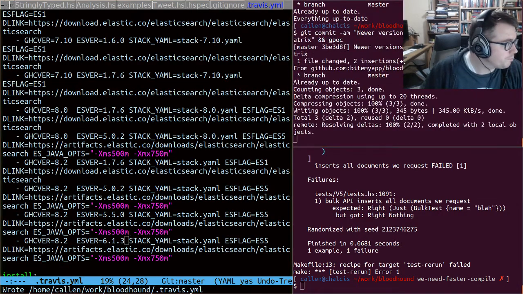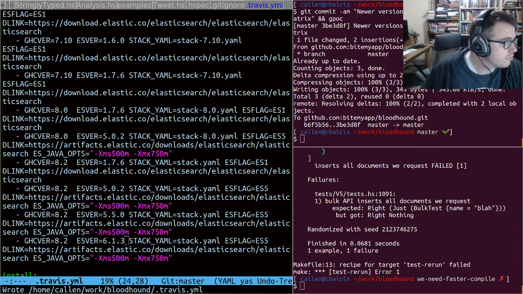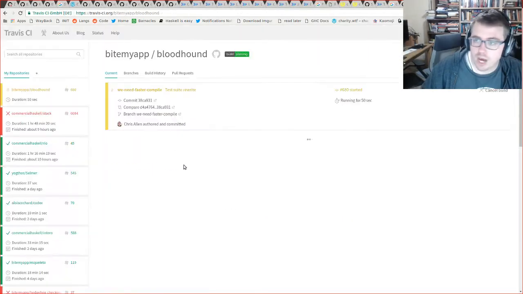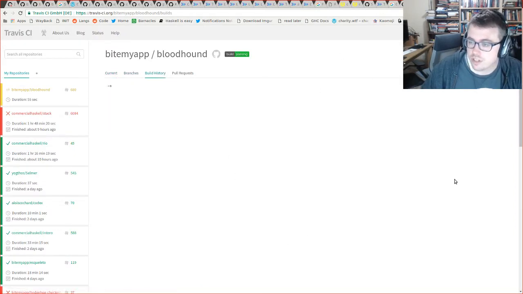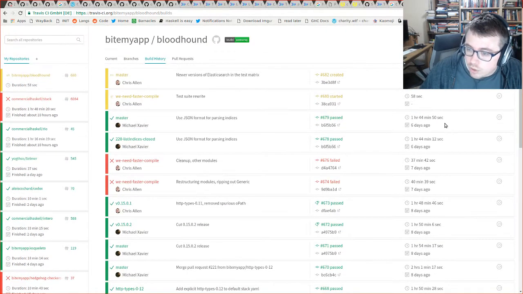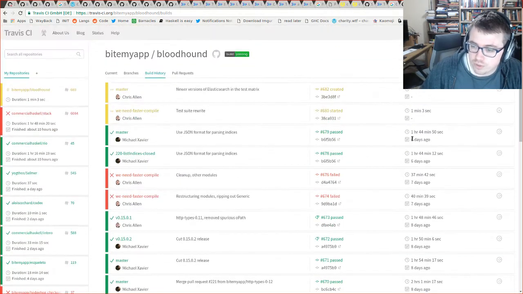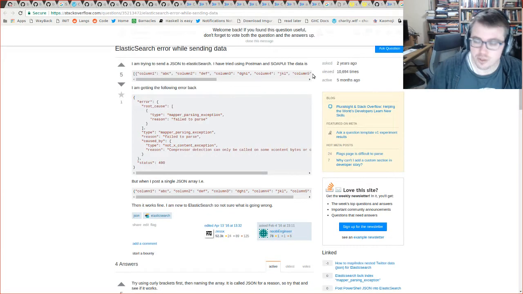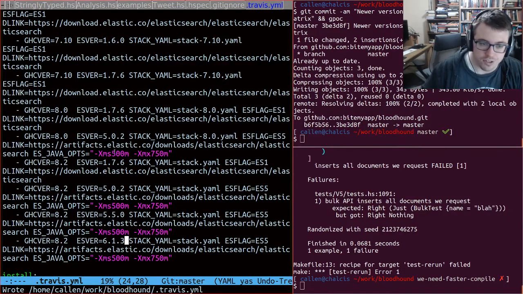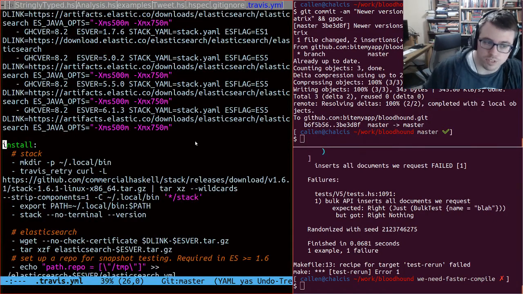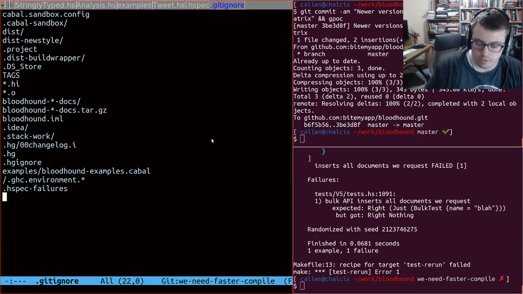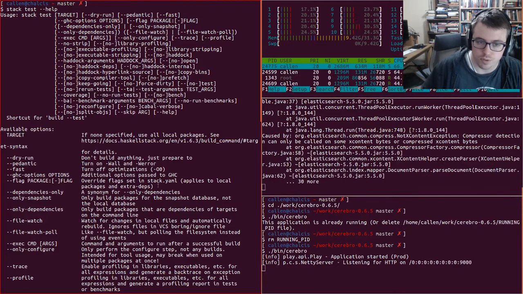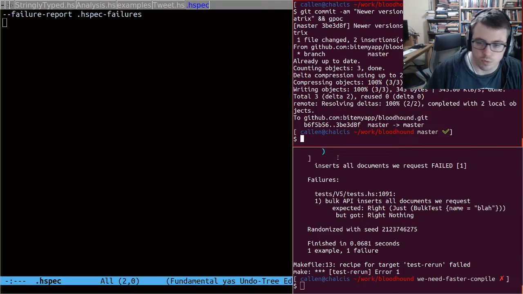Okay. Alright, so we're going to pop that and see what it does. I'm not going to wait for it though, because Travis takes how long? Anywhere from a half hour to an hour and 45 minutes to run our full build and test suite. So fuck that. I will find out in the morning. But I need to know what's failing right now, because I think this may be a situation where I'm using a newer version of Elasticsearch. I'm using 5.5.0, and we weren't testing against that, so